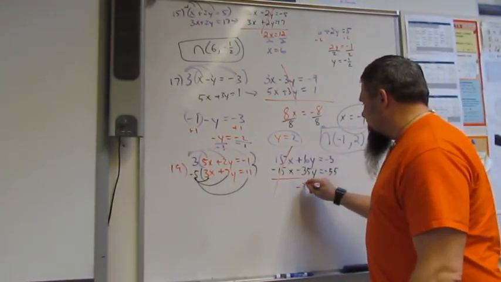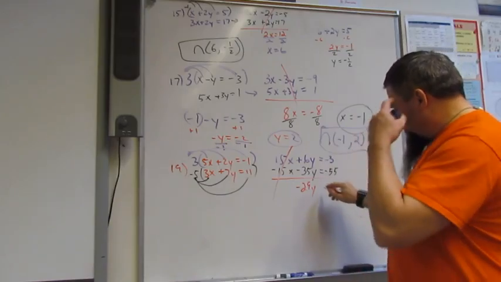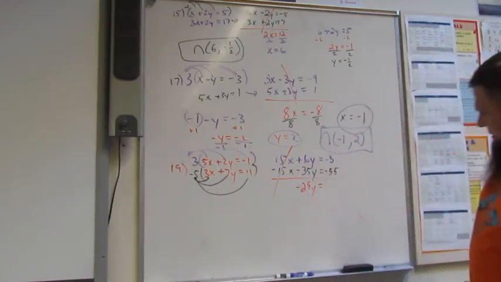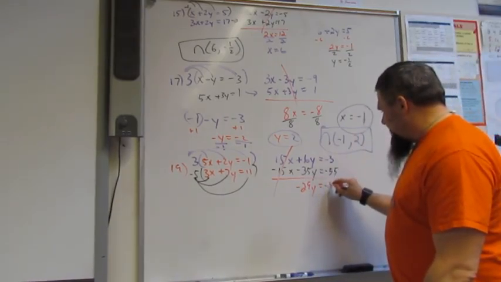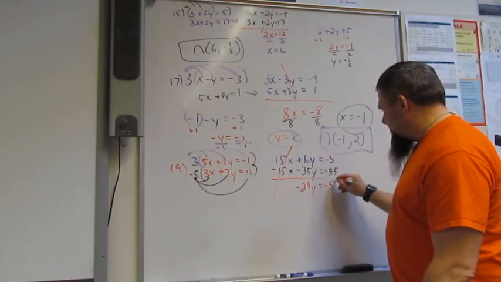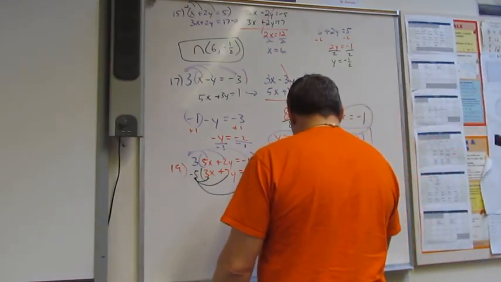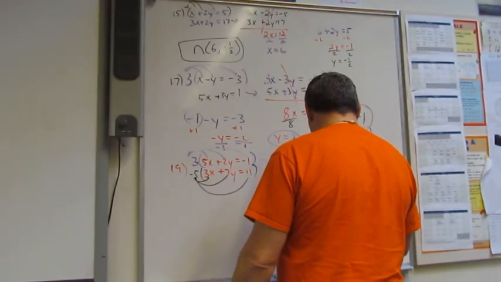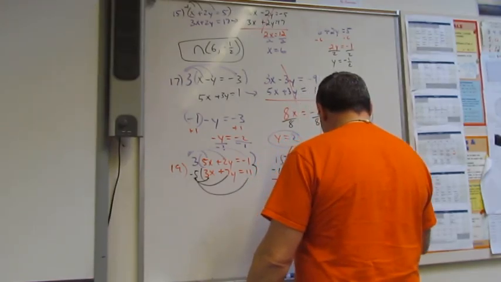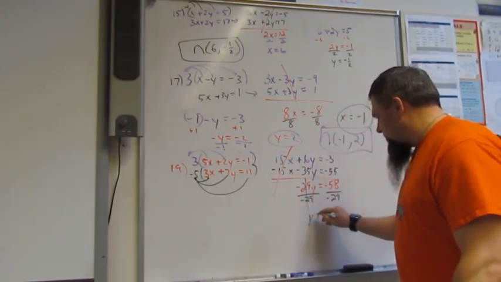This is negative 29y equals negative 58. And then divide by negative 29. Then the 29's cancel out, which means y equals